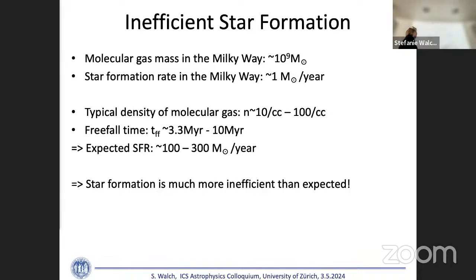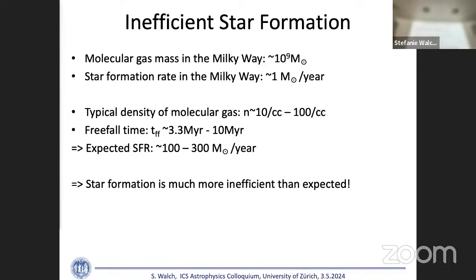And then you can go and check the conditions for molecular clouds in the Milky Way. And from that, we learned that typically the density of molecular gas is between 10 and 100 particles per cubic centimeter, which leads to a free fall time, 1 over square root of rho, of about 3 to 10 million years, depending on whether we go with 100 or with 10 particles per cubic centimeter. And so that means that the expected star formation rate in the Milky Way, so the time it would take for this molecular gas to collapse into stars,